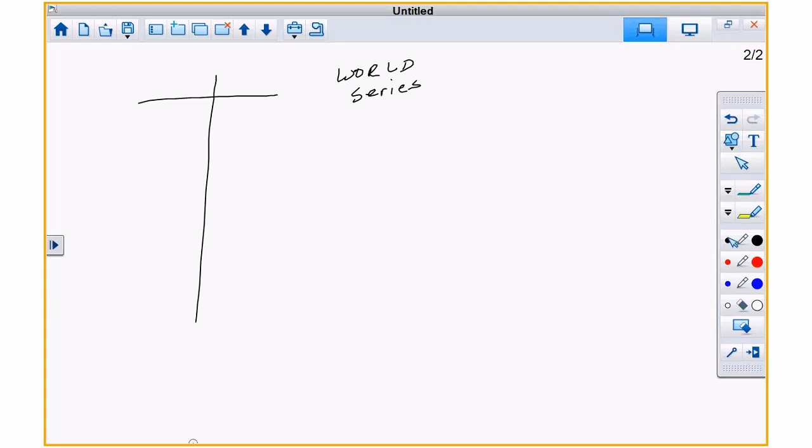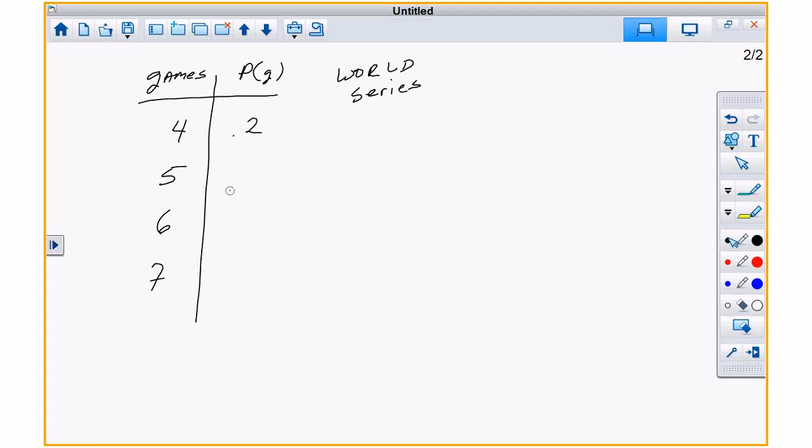Anyway, what is the chance that the World Series will go to 4 games, 5 games, 6 games, and 7 games? We all know that they would love for it to go to 7 games. Why? More money. Okay? So, what is the probability of the games actually happening? And then we'll have something like